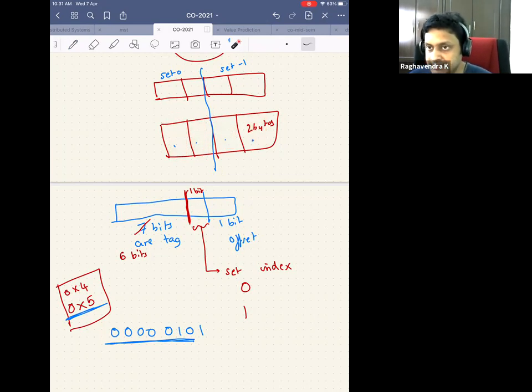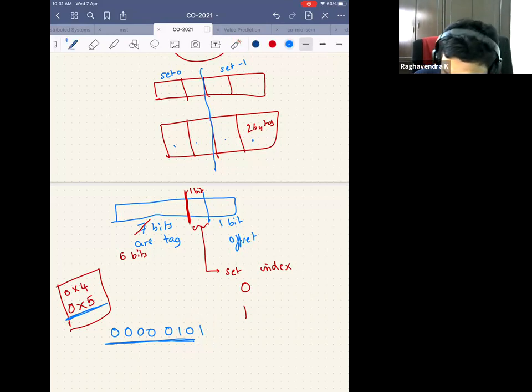Think about the valet parking system. The car would have been parked in any of the 4 locations. I could have parked this block, which contains the 4th byte and the 5th byte, anywhere. I had no limitation where I could have stored it. But now I have divided this into a set-based cache because I want to reduce the power consumption and the access time. This one bit is given away for the block offset, and I will use this particular bit to decide where this block will go.